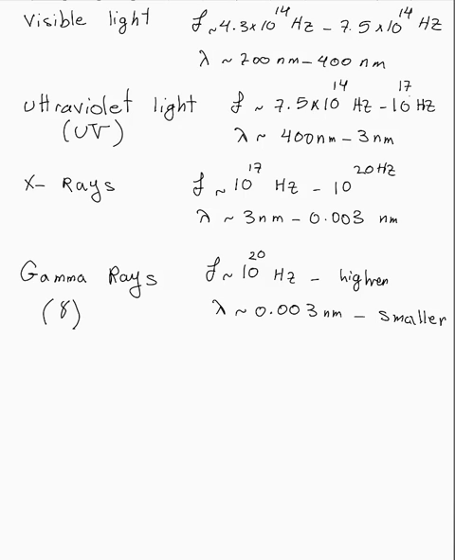These are waves even more energetic than X-rays, and they are often produced as neutrons and protons rearrange themselves within a nucleus, or when a particle collides with its antiparticle and the two annihilate each other. We are going to explain all these procedures of how to produce gamma rays and X-rays in chapter 32. But just know that because of the high energy they have, they're used to kill cancer cells and